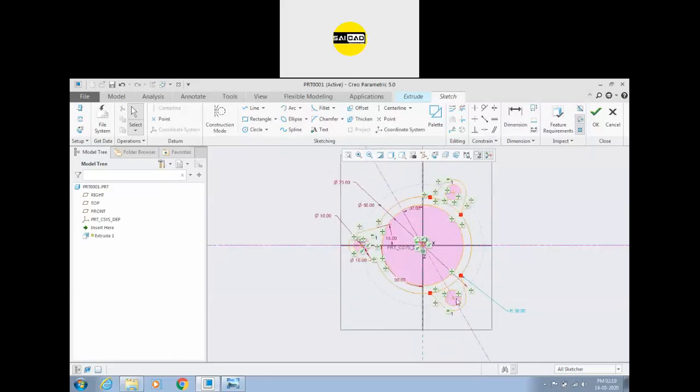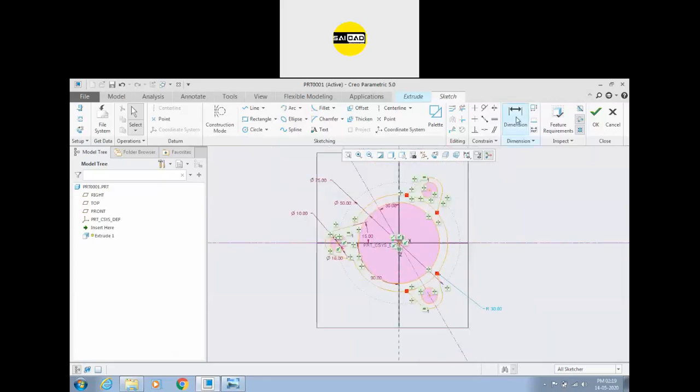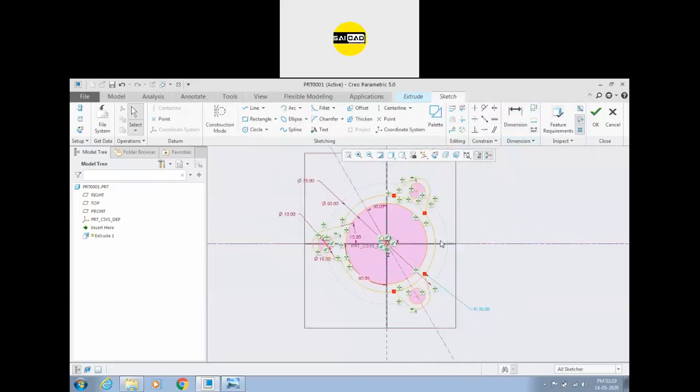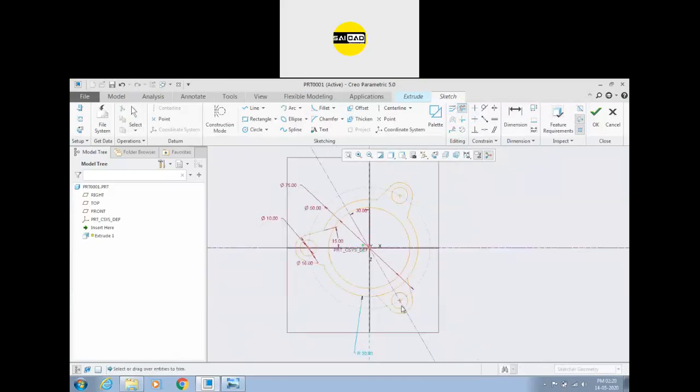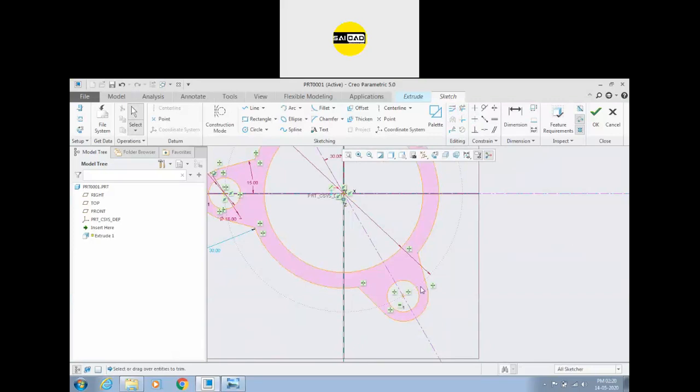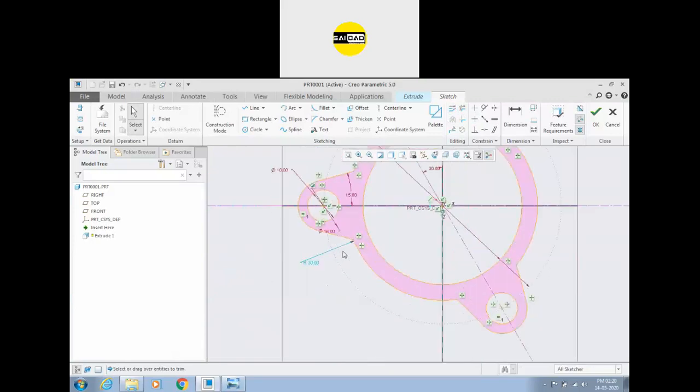We can create it like this, mirror from the center line. Yes, we can create it from the center line also. We don't need this line. We can create it from this center, and we just have to trim. So this way we can create it.